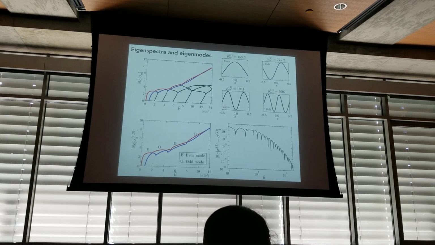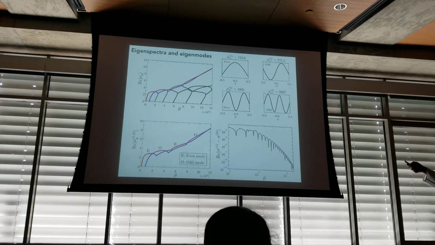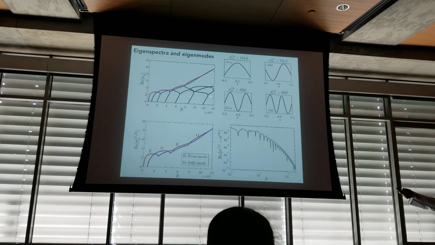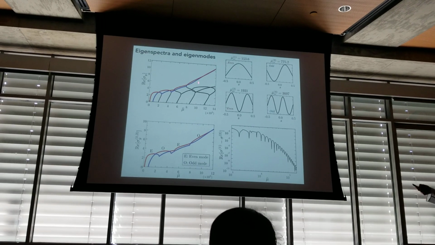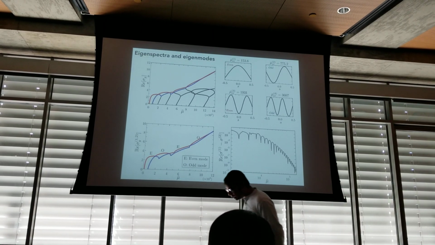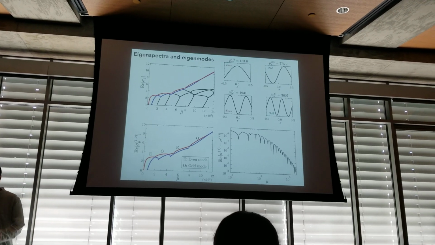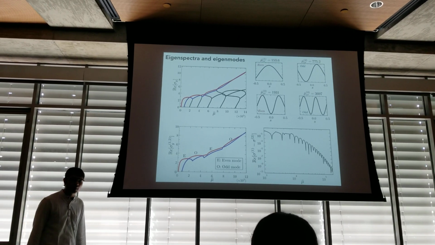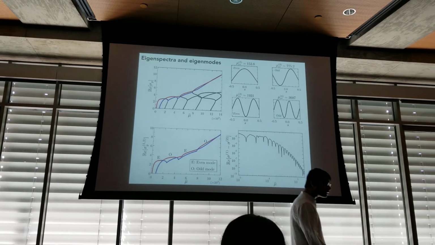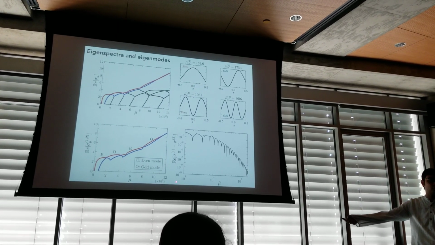Now as you keep on increasing your flow strength or the control parameter, you excite higher order buckling modes that give rise to this phase and so on and so forth conformation. What I'm doing over here is coloring the first two eigenvalues, that is sigma 1 and sigma 2, in red and blue, because they grow much faster compared to the rest of the eigenspectrum. And linear stability then tells you that the eigenmodes associated with the most dominant or the most unstable eigenvalue will dictate the emergent conformations. So it's instructive that we just look at these two eigenvalues, and that's what I'm doing over here. I'm plotting just sigma 1 and sigma 2 as a function of mu bar.